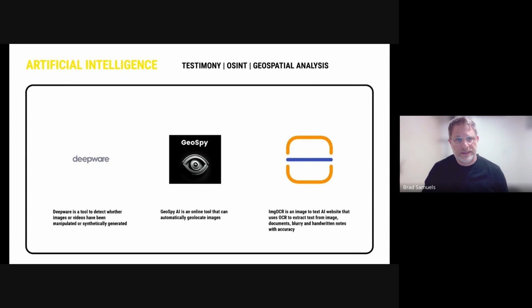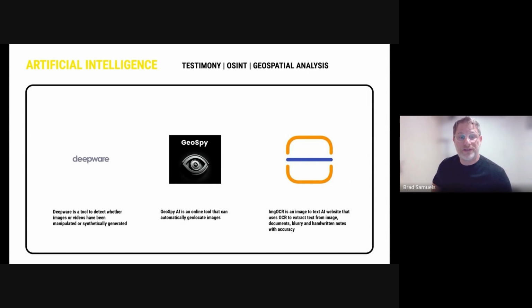Artificial intelligence. AI tools and software are being developed on a daily basis. It's constantly changing, and so one has to assess what is useful at that moment, and also distinguish between what's the hype and the actual efficacy of different tools. But it's currently being used for things like testimony anonymization, aiding researchers with geolocation, and extracting information from images or